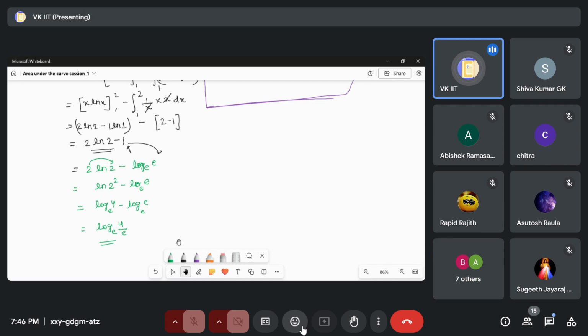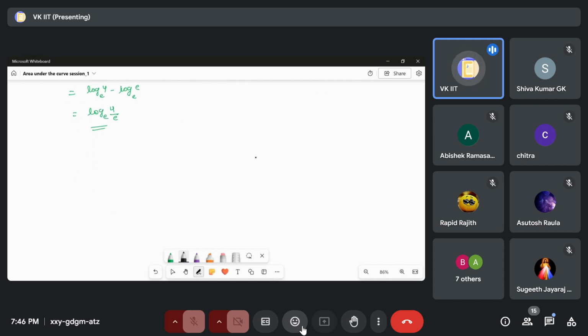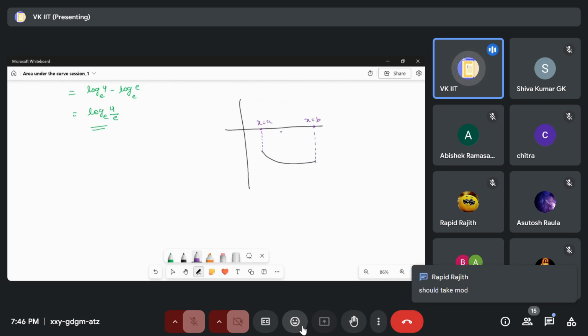Now we are going to discuss the area between the curve. Acha, same thing will happen if a curve is like this. But now the curve is basically in the negative zone. Okay, and the question is asking area between the curve and the x-axis. So what you will do? Again, you will plot the extreme points on the x-axis. These will be x is equal to a to x is equal to b,